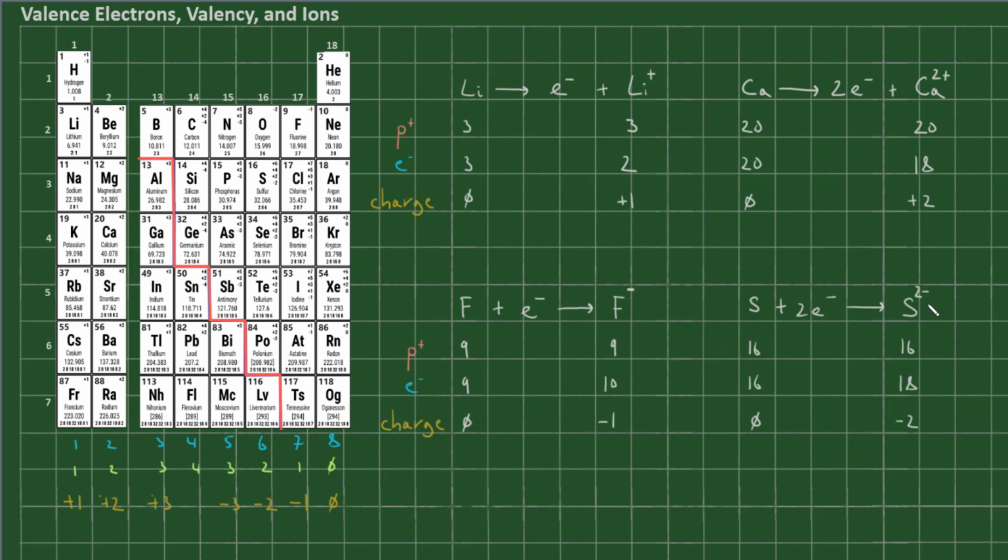Here too, you might be wondering, well, where do these free electrons come from? It is a good question, and we will talk about it in later videos. Right now, you need to get comfortable with the concepts of valence electrons, valency, and ions. Metals will tend to donate electrons and become positively charged cations, whereas nonmetals will tend to accept electrons and become negatively charged anions. This story does not end here,